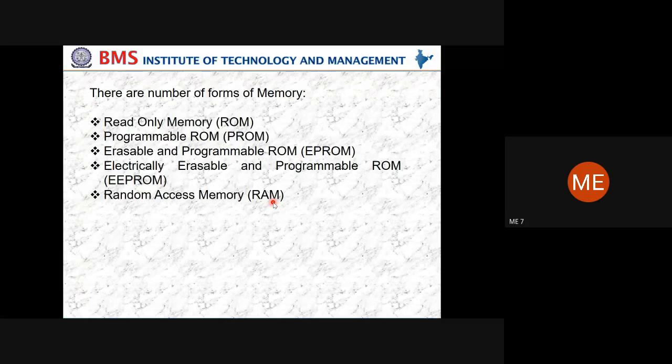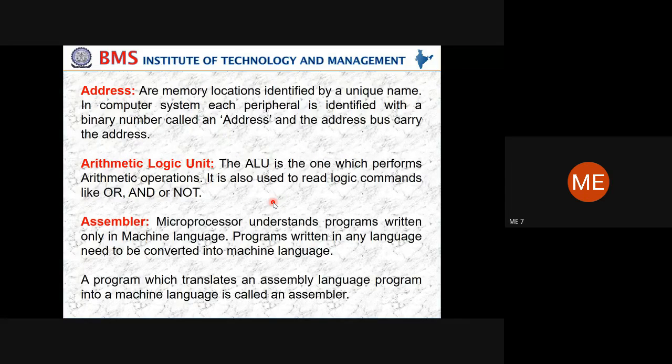So that is RAM, the random access memory. Generally, RAM is based on the information, so we are going to have a particular size of RAM in the system, depending upon the specification of the content. So that's the brief of the different forms of memory. Then we'll go further.